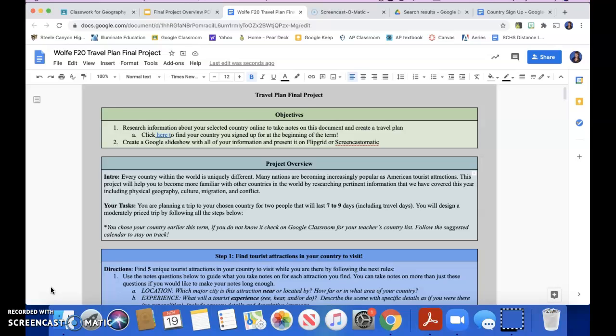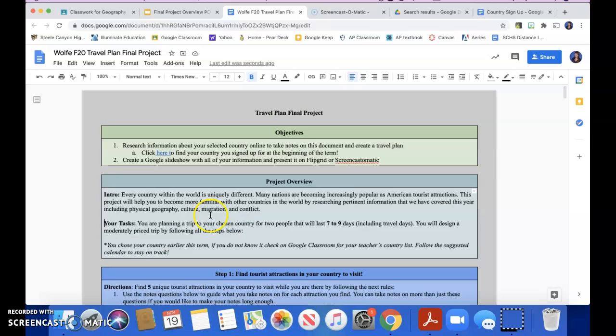Today, I am going to go over some of the background of the final project to give you a brief overview, to show you some of what you'll be doing, to talk about what kind of components you'll actually be doing with this final project, and then to get you started on step one. Remember, you should have step one, this part down here, done by Tuesday at 11:59 p.m. so that when you come to my class on Wednesday, you are ready to go and we can start step two together. So a little bit about our travel plan.